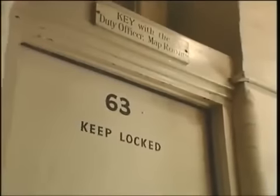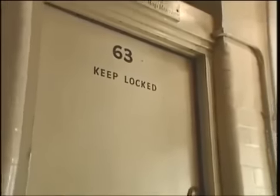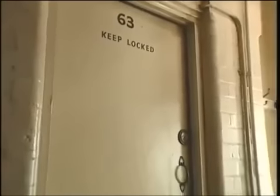But it was not just the strength of this structure that made it such an effective command bunker. Behind this unassuming bathroom door lies one of the greatest technological secrets of the entire war. The war rooms were really Churchill's